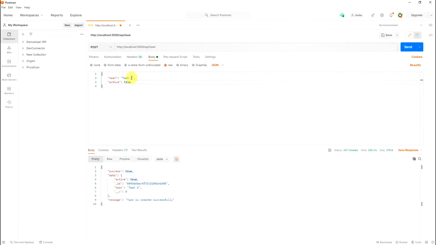Okay, then task B, active true, send. Okay, so we will update this task B. This should be the put method, right? So task AB, it's updated.